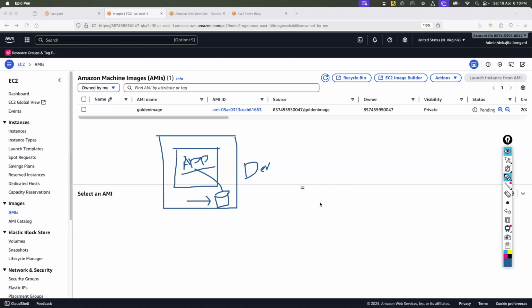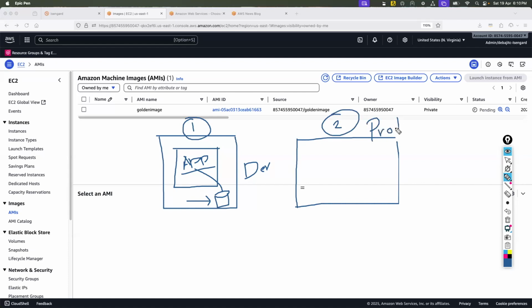You can create another server, that we have already discussed, correct? But this use case is something different. Let's say this is one AWS account, and this is a second AWS account, the production account.